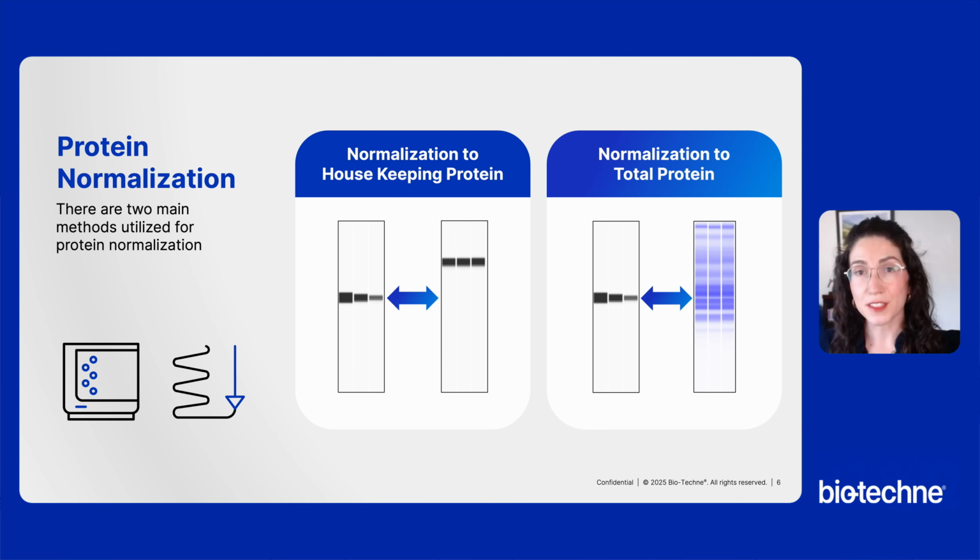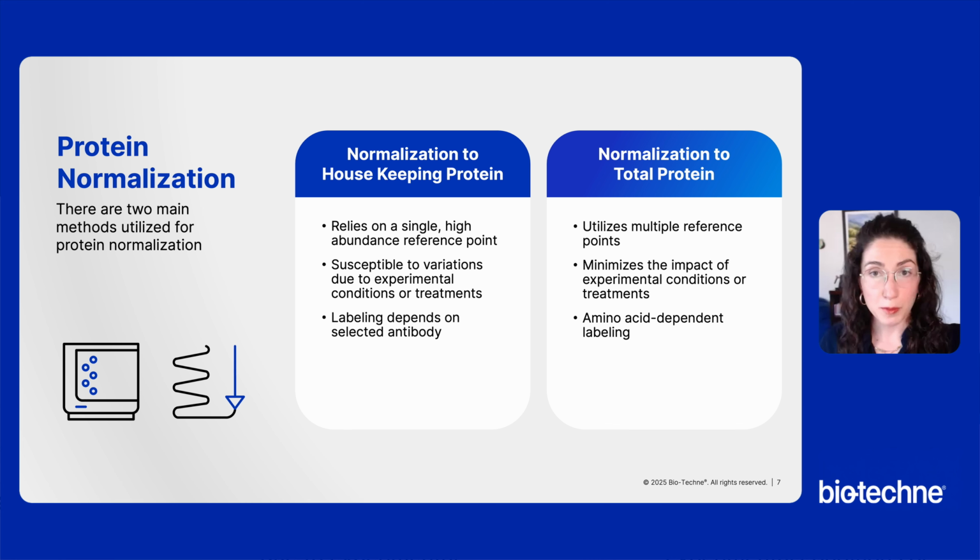Two main methods are utilized for protein normalization: normalization to a housekeeping protein or normalization to total protein. Housekeeping proteins tend to be high abundance targets that are assumed to have uniform expression across samples. Some examples include GAPDH, beta-actin, or beta-tubulin. However, as this type of normalization relies on a single reference point, it is vulnerable to variation due to experimental